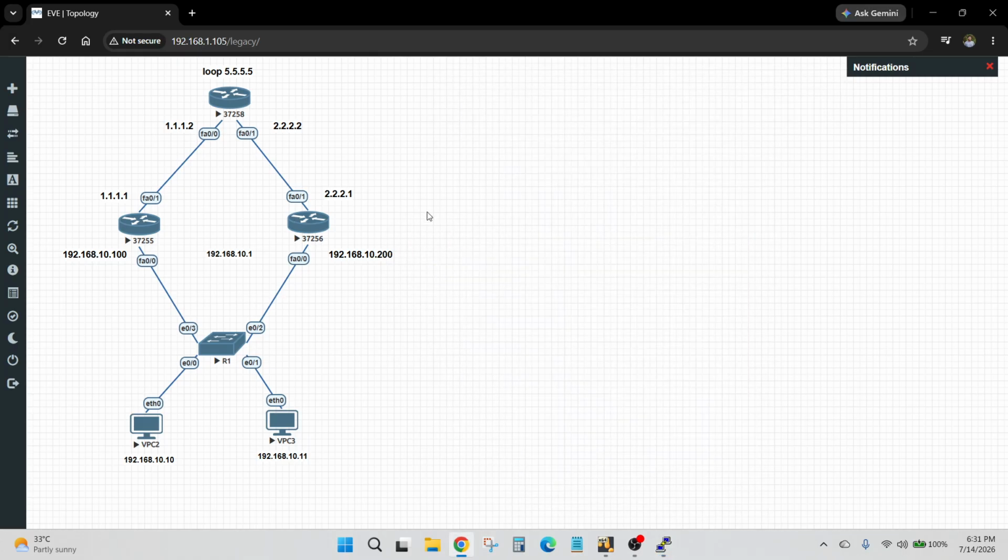So now I configure GLBP. What is GLBP? First of all, you should understand what GLBP is. GLBP is a redundancy protocol. Suppose this is your PC, and you send a message to the loopback, or the ISP.